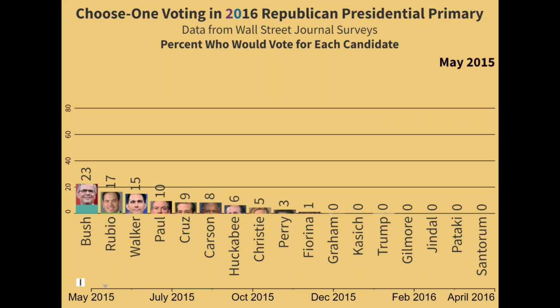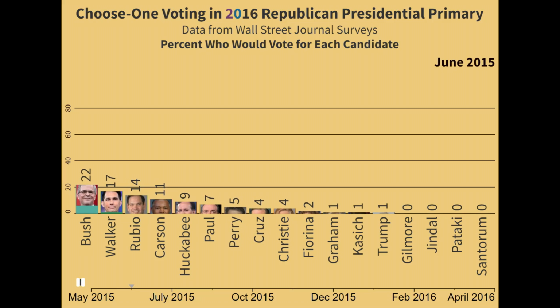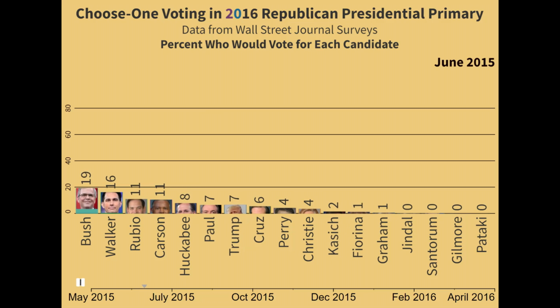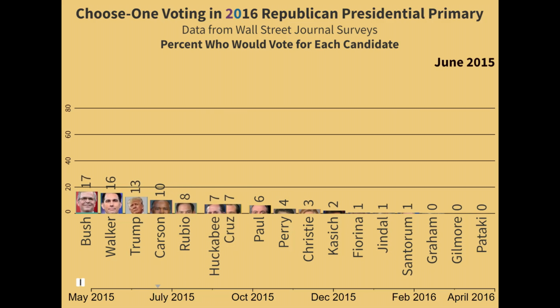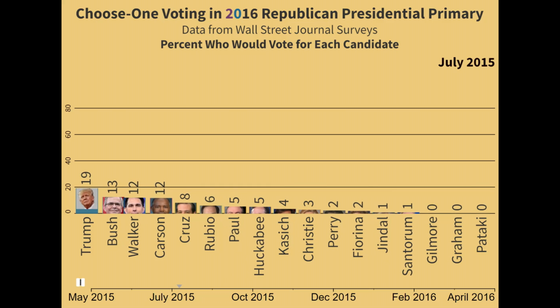By June 2015, Trump had joined the race and was in 9th place with 4% of the Republicans saying they would vote for him. There were 14 candidates at this time. By July 2015, Jeb Bush began to fade and Trump took the lead. But with 14 candidates, the lead went to the person that could get 19% of the vote. That means that 81% of Republicans would rather vote for one of the other candidates.